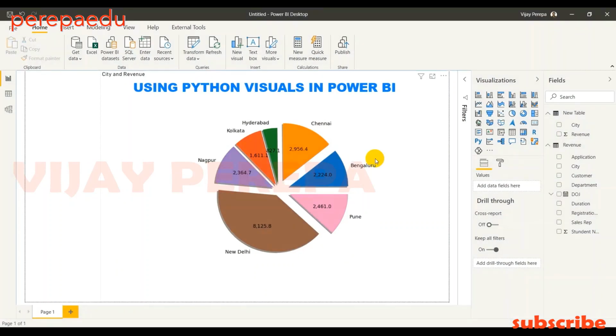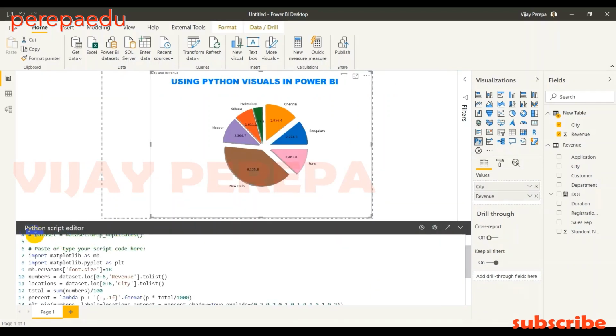As many of you know, Power BI is completely integrated with Python, and there is a default visualization type, Py, that means Python visual, added to the visualization pane. By just adding this visualization type to the report canvas, and by adding the code in the Python script editor within Power BI, you can visualize your data and you need not open the Python application separately. But you must have the Python application installed in that system where you are using Power BI to have Python visuals.